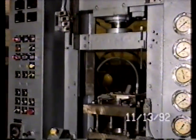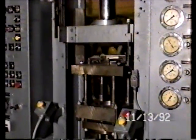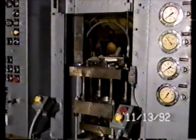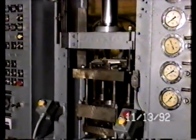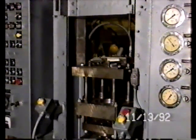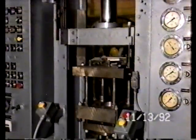You simply push the cycle reset button, automatic, hit the dual palm buttons. The machine will cycle automatically and continue to run. So in other words, having set the selection that you want for pressure, strokes, things of that type, and now selecting the automatic mode of operation, the press will continue the cycle after you start the press using the two palm buttons